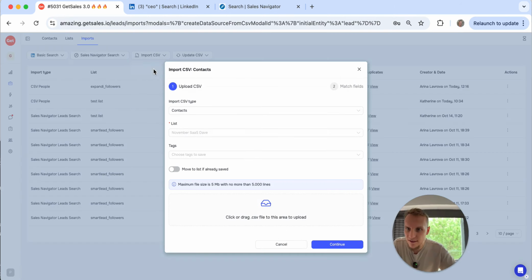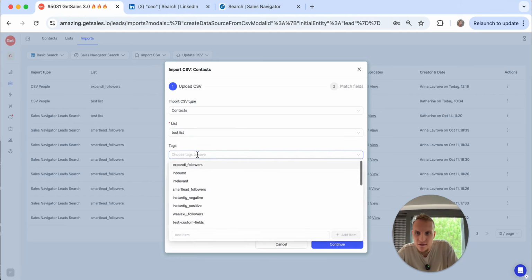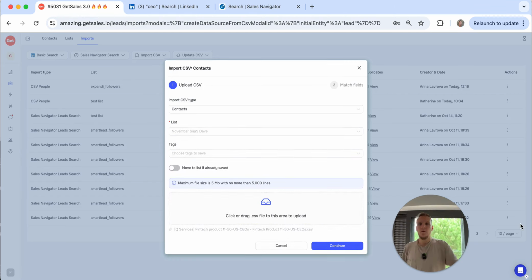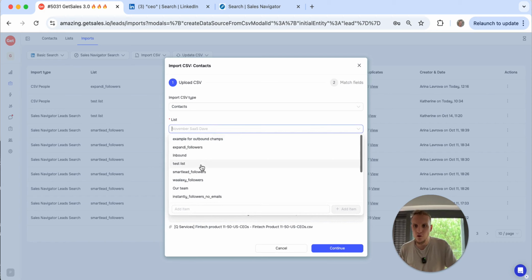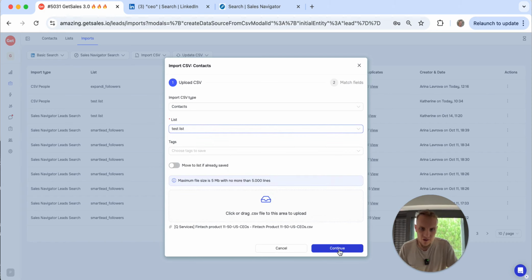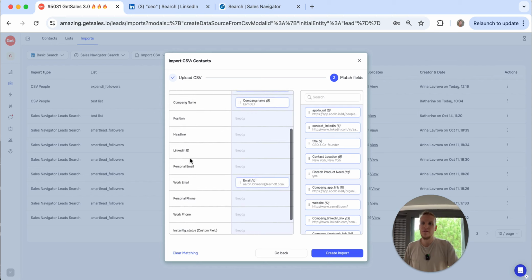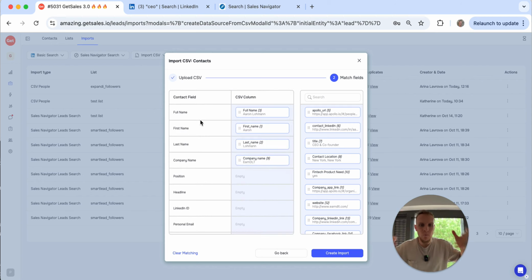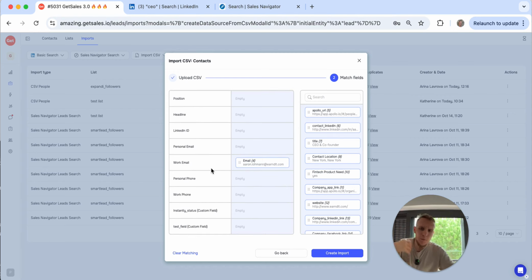So let me show you an example. I'll do test list. All right, no tags needed. All right, so I've just chosen a file I had on my laptop. I have to choose the list, right, and then I just click continue. So that would be a moment when you have to map the fields, right? So our system offers you this number of fields. Actually, we have way more, but the rest of them would be enriched by our system. So you can just distribute your leads, right, and map them with these basic options,